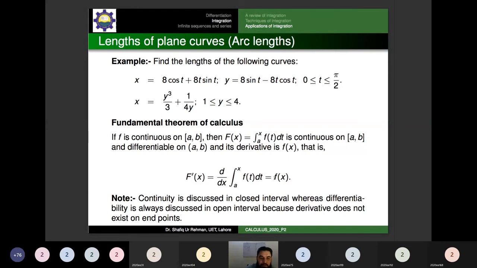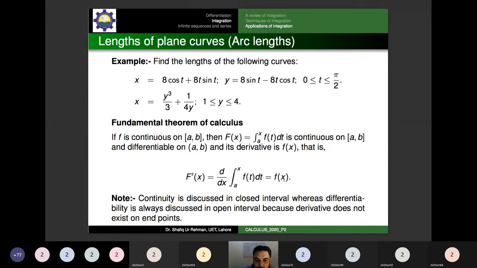So f prime of x is equal to... take the derivative with respect to x, and the derivative of this integral will result in the form of small f of x. What is the message there basically? If you recall the basic concepts about differentiation